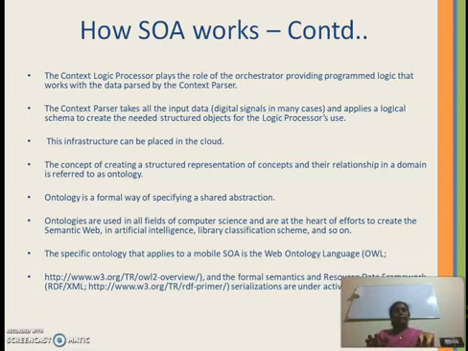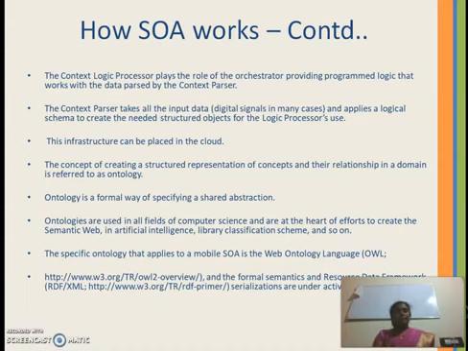So there is a context logic processor and there is a context parser, and these are used to provide the required logic by means of an orchestra. Here the orchestra is the one that is played by the context logic processor.